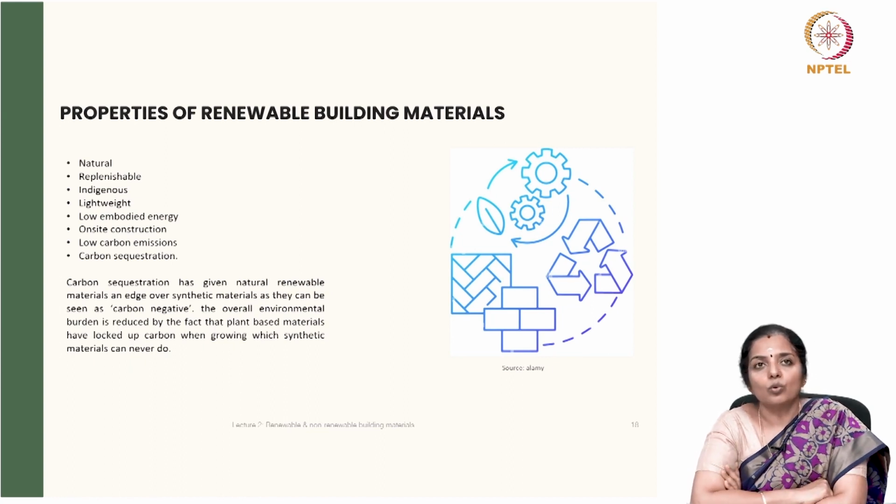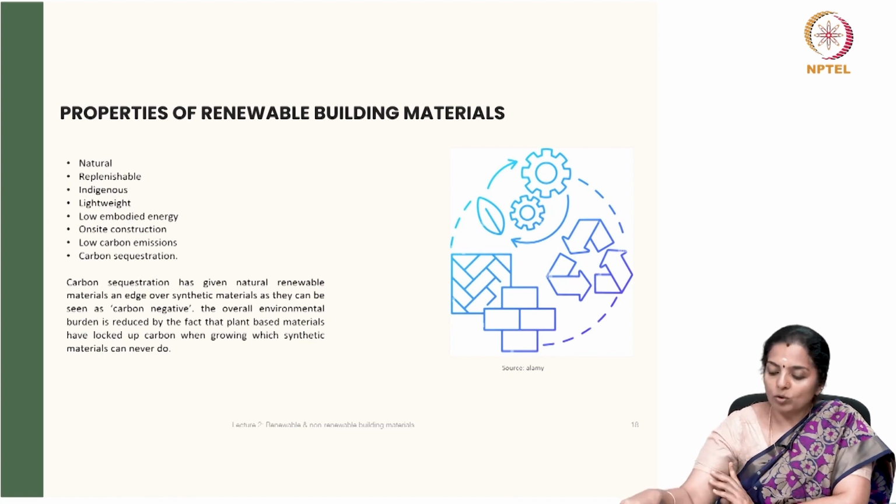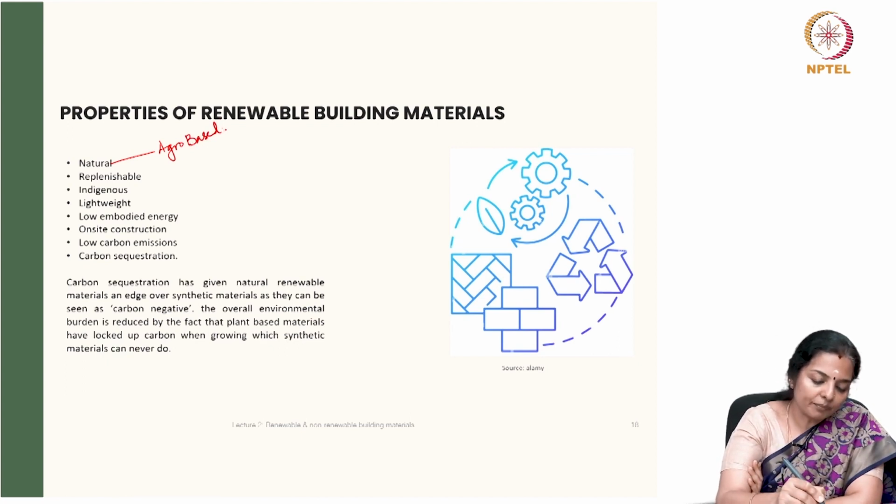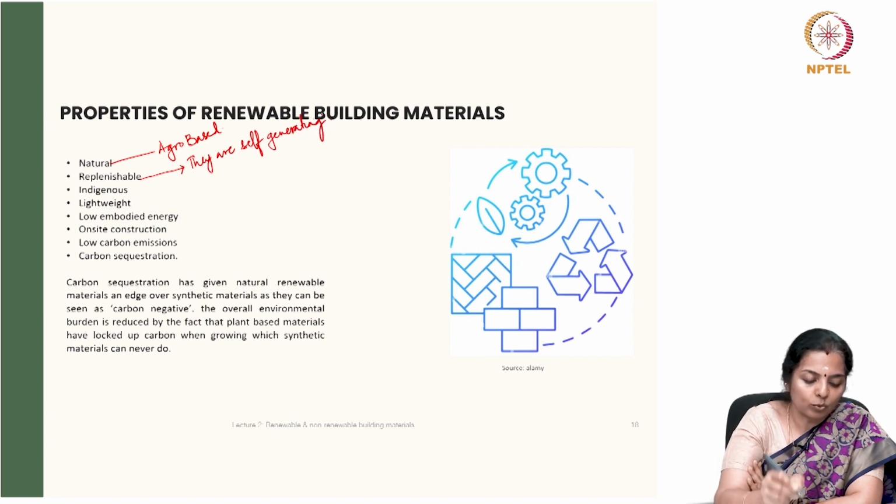Now, we will again go through some of the properties of renewable building materials. Renewable materials are natural. Most of them are agro-based. So, they are agro-based most of the times, natural, found in abundance. They are replenishable. So, they are self-generating in a way. For example, bamboo. They are indigenous. So, they have local adaptation